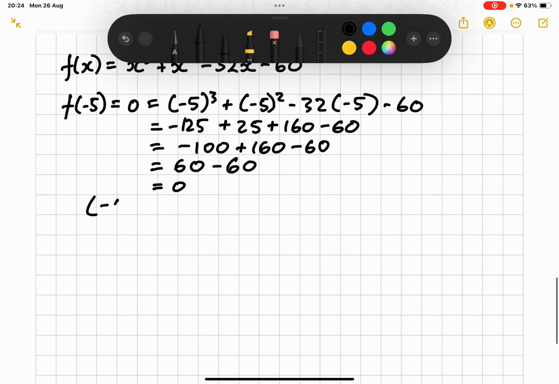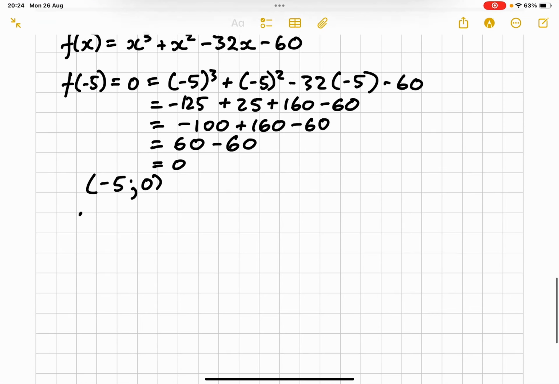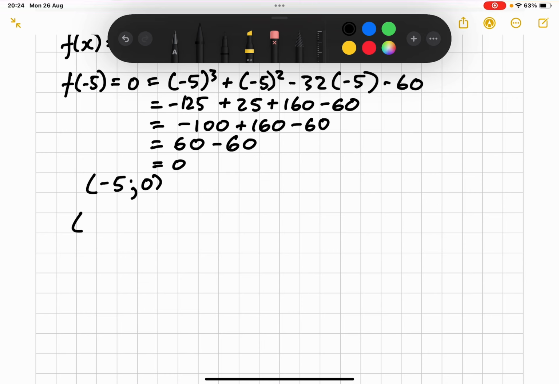Well, if the x-coordinate is -5, the y-coordinate will be 0. So this is obviously one of your x-intercepts. So what does this actually mean in terms of us solving? That means that if x is equal to -5 is an x-intercept, that means that if you take the -5 to the other side, then you have x plus 5 is equal to 0. So that means that x plus 5 is a factor